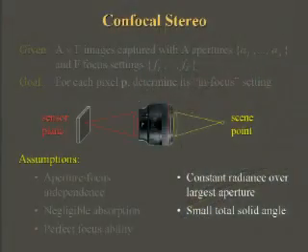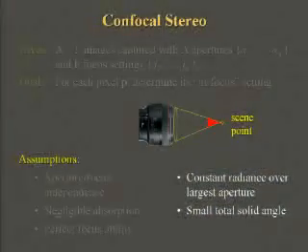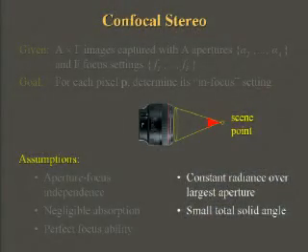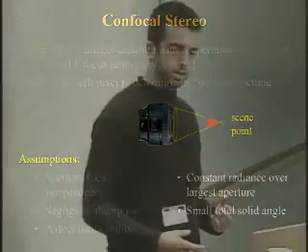For the scene, the key assumption is that when a point is in focus, the radiance within the cone for that scene, given by the largest aperture, is approximately constant. This is much weaker, in fact, than standard Lambertian reflectance assumptions, because for the typical distances the points are away from the camera, this is only going to be a few degrees.